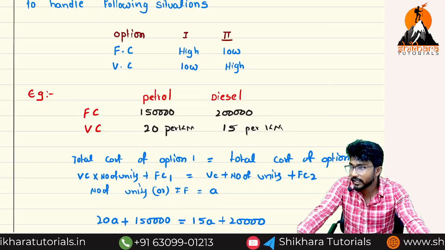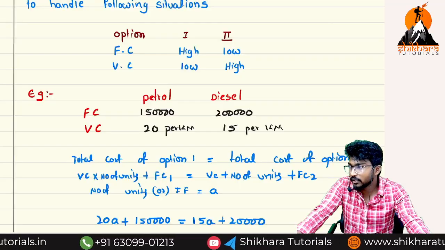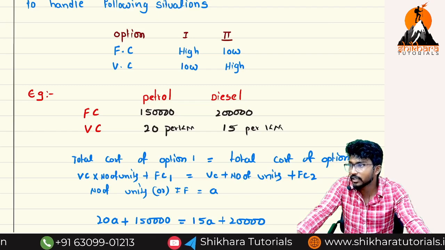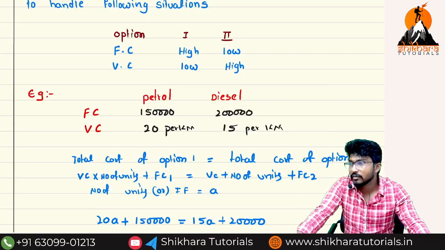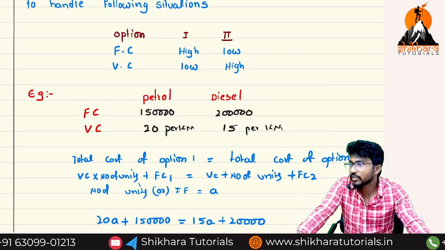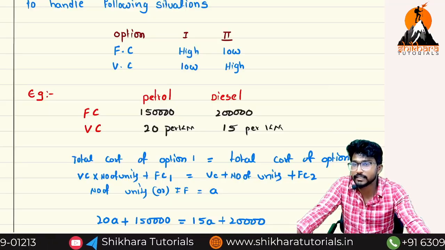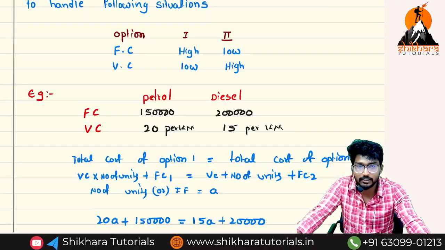45,000. Did I recover the entire amount? No, I didn't. How much did I not recover? 5,000. That means I am not recovering my entire extra fixed cost. That means whenever your indifference point is greater than your sales or your desired sales or kilometers, it is advisable